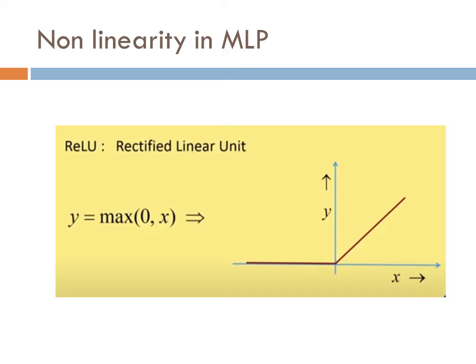So this simple nonlinearity is also widely used in deep learning networks. During training we minimize the loss. Okay, so why do we take all these nonlinearity functions which should be differentiable? Let us recall, during training we have to minimize the loss function. The loss function is nothing but the error function. So we set up the error function at the output layer, and then use the gradient descent approach to minimize that loss.